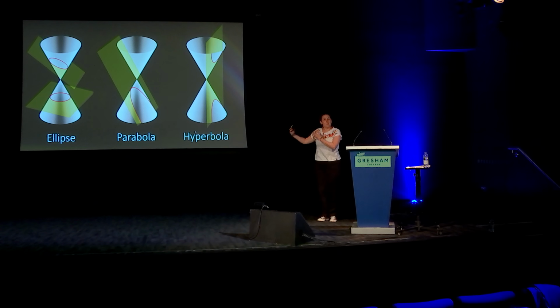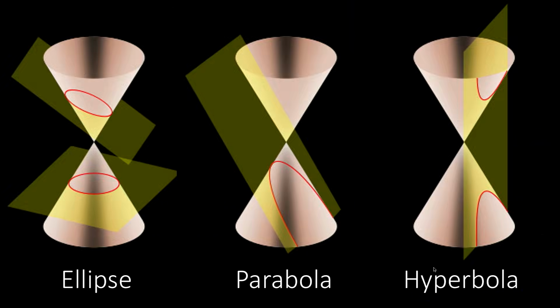And then if you get steeper still, the slices start to cut through both halves of the cone, and that's the hyperbola. Now, these three types of conic section, as they're called, the ellipse, parabola, and hyperbola, have beautiful and intriguing properties, and we're going to talk about these today, as well as some applications. We'll see how ellipses are used in medicine, how to make a parabola by folding paper, and what hyperbolas have